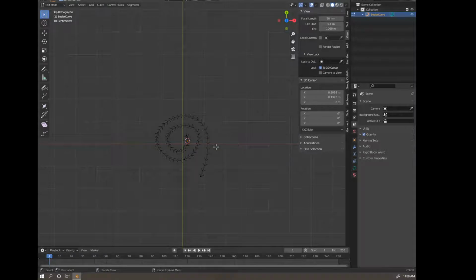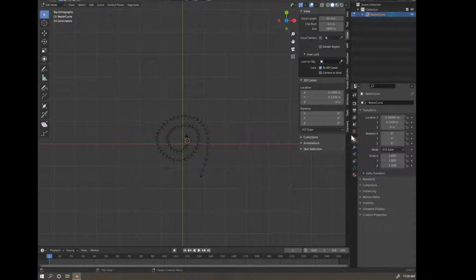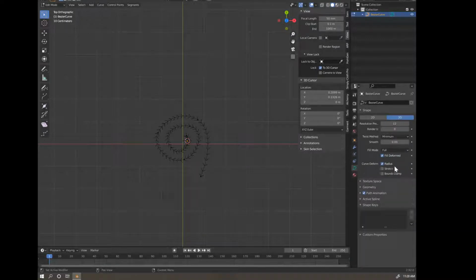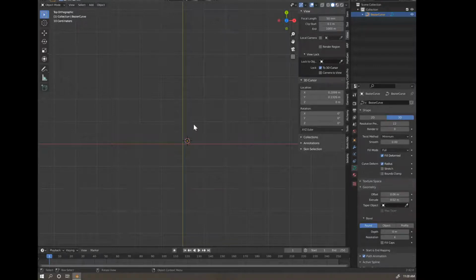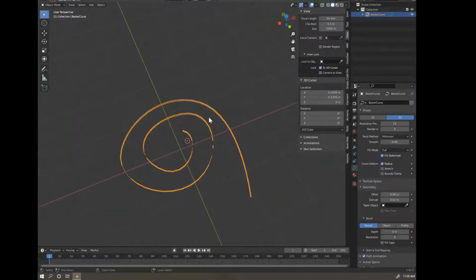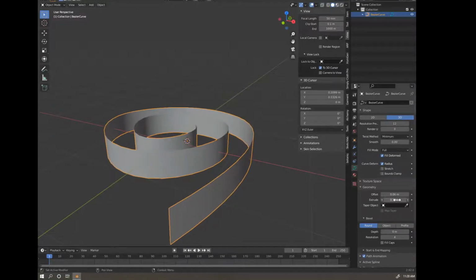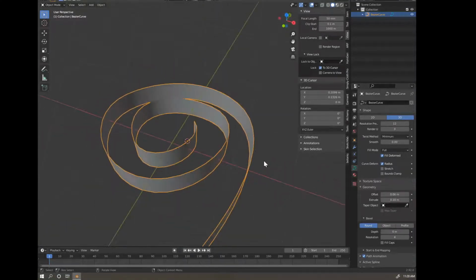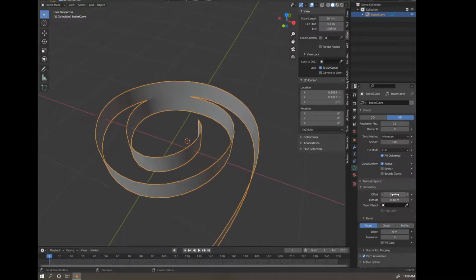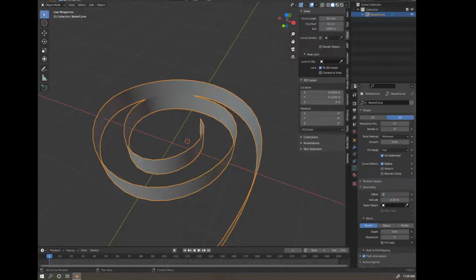Okay, now the next thing is going to be coming here to the curve tab, and here I can click on geometry, and we can either extrude or do a little bit of an offset. I'm gonna move here to object mode, and notice how when I move the extrude we get this very nice geometry. The offset lets you move offset from the curve,